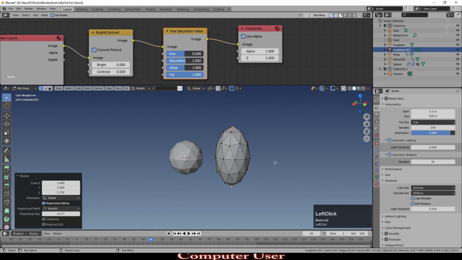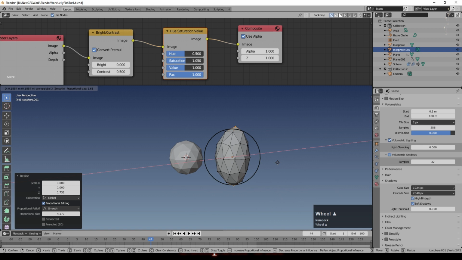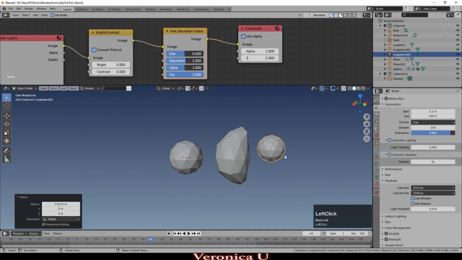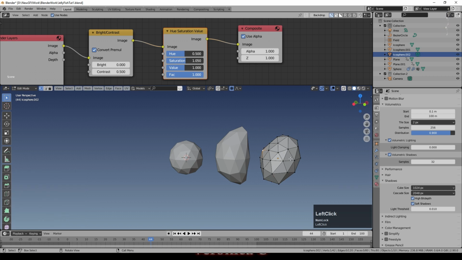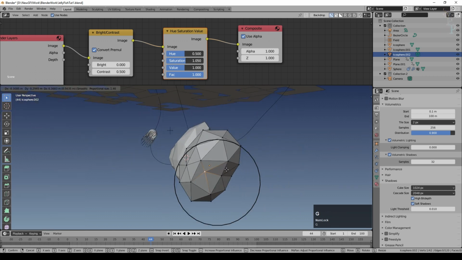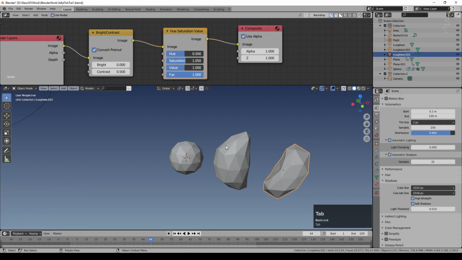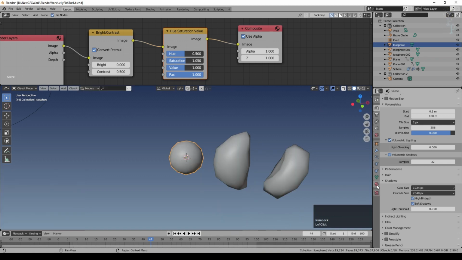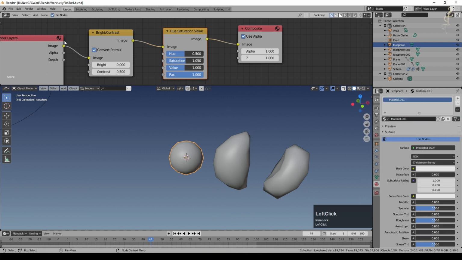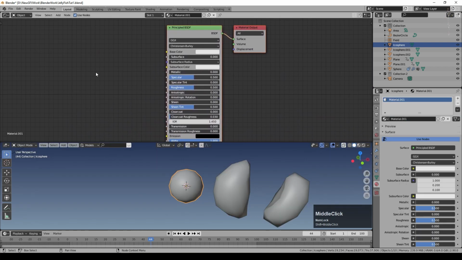And then I will G X and just move that off slightly to one side just to give it a slightly different shape. And again, something similar with this one, really just to give them some shape that's not completely symmetrical in all axes anyway. And we'll set those to shade smooth, and we'll set up a material for them. We'll make it a simple material, so I'll just use the principled shader. I set the base color to full white, and then I set a subsurface of 0.05 just to give them a subsurface scattering.